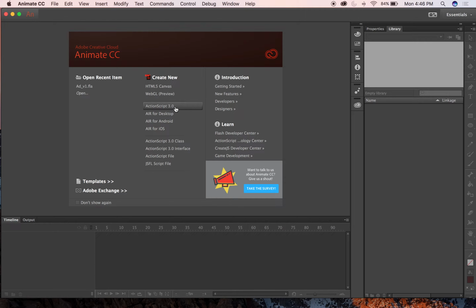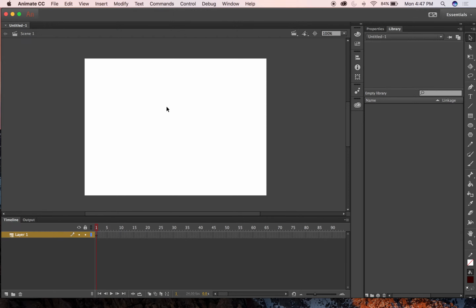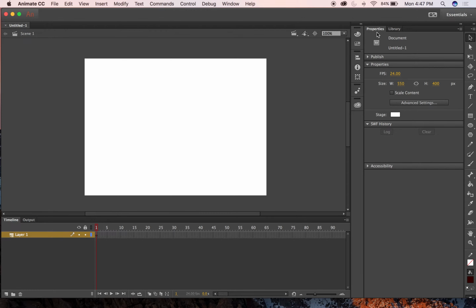If you select ActionScript 3.0, it's a little harder to read on the screen, but that's where ActionScript 3.0 is located. And you'll get a standard size canvas here. One of the main panels you'll want to work out of is not this library panel that it defaults to, but properties. This properties panel will give you